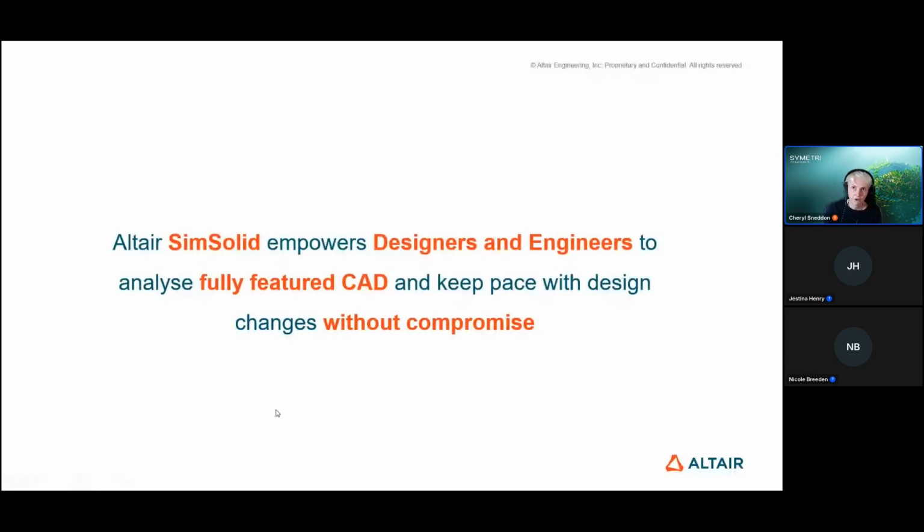Now, just to give you a bit of background again, just quickly on the relationship with Altair. We've been promoting solutions from Autodesk for such a long time when it came to simulation, and thankfully Wazim introduced the Altair products to us. We've been working with Altair now for several years, working towards the same goalposts, and it's been an interesting few years picking up the products. Now, SimSolid was the first product that I saw from the Altair range, and without